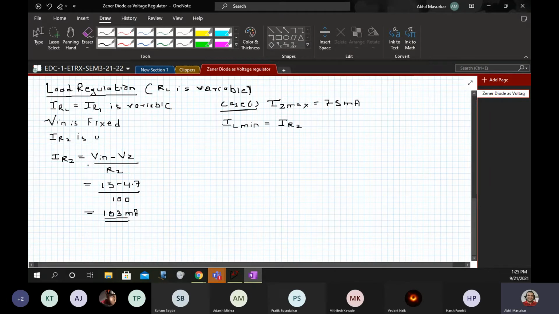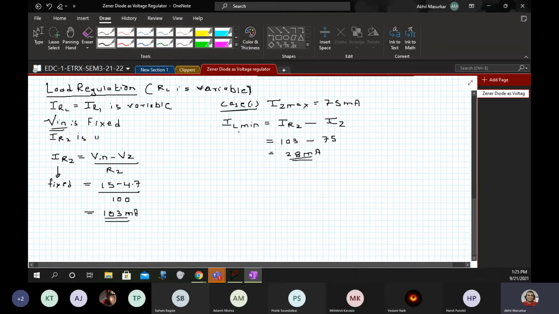Now IR2 is fixed because Vin is fixed. So that will be IR2, the incoming current, minus the current in the other branch, which is Iz. Now IR2 is 103 and IZ is 75, so 103 minus 75 would be 28 milliamperes.